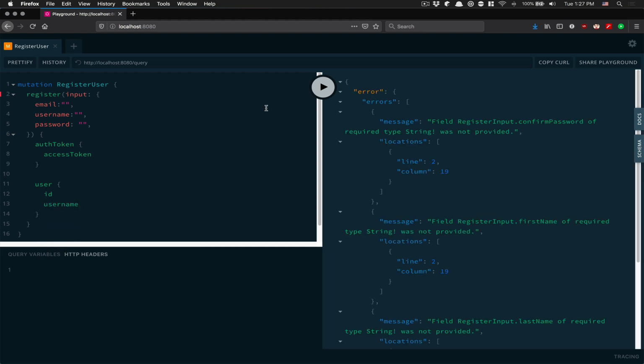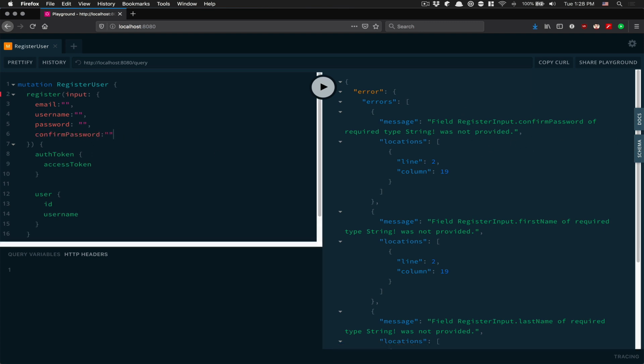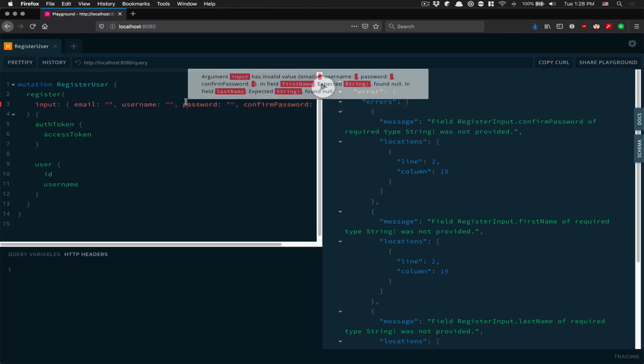The beauty of GraphQL first is, if you forget to pass confirm password, even without talking to the DB, we're gonna get told that confirm password is required, type string is not provided. So you see, you have this error already. So you can now pass the confirm password, and now, at least now that can hit your server. So now if I run that,